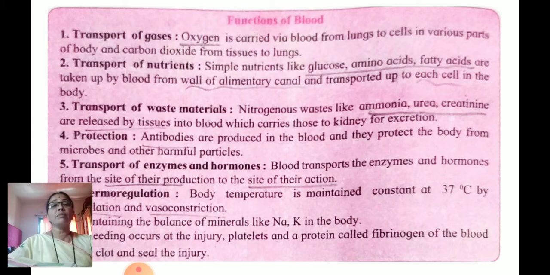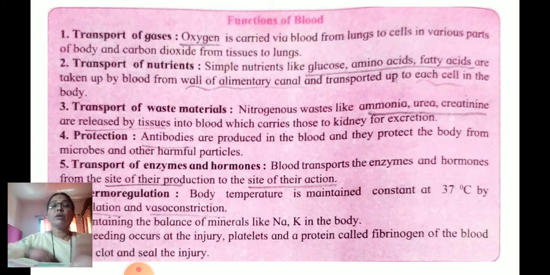What are enzymes and hormones? Enzymes are there in your digestive system, and in the liver. Hormones are there overall in your body. They are secreted by the order of your brain. So all these hormones and enzymes have to be circulated to our body.